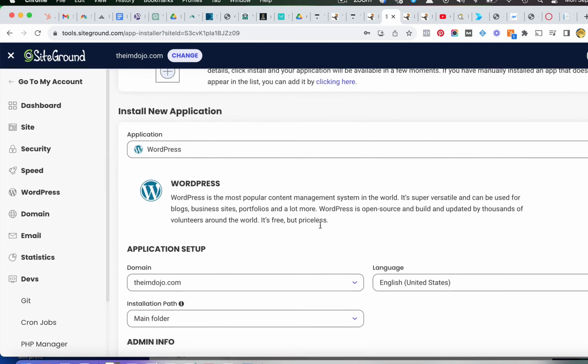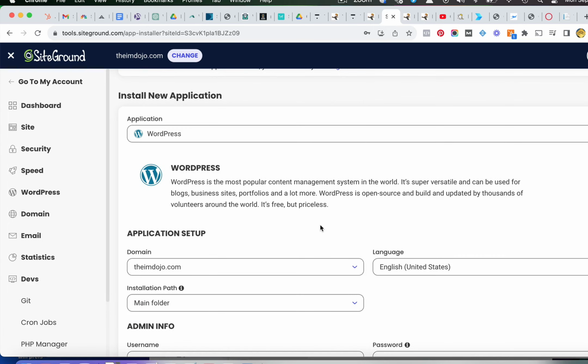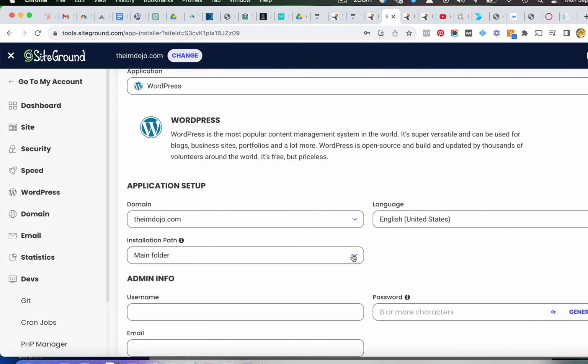Now, the decision you need to make before you do this is which folder do you want to put WordPress in? Do you want to put it in the main folder, which is just the site, also known as the root of the site? Or do you want to put it in a folder? There are various arguments for either way. Now, I already have WordPress in the root of this site and the home of the site, so I can't put it there. So for purposes of the videos I'm making, I'm going to put it in a folder called Demo. So I just go down here and choose Subfolder, and my subfolder /demo, which does not exist yet.